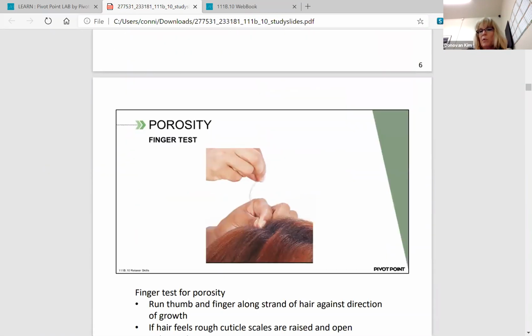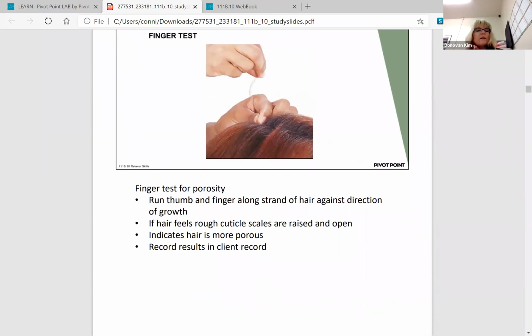And then if it's normal, you get regular. So how do you test someone's porosity? Well, you can do a finger test for porosity. You run your thumb and finger along the strand of the hair against the grain. If it feels rough, the cuticles are slightly